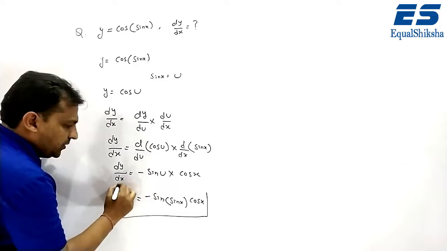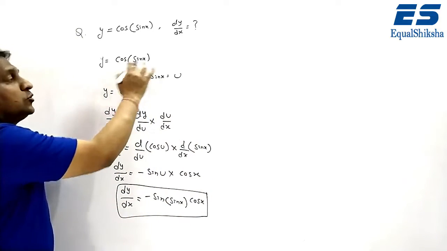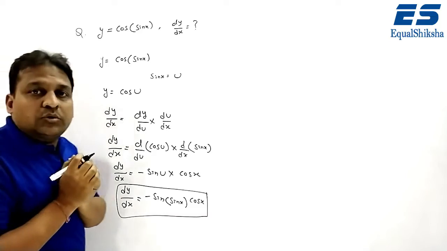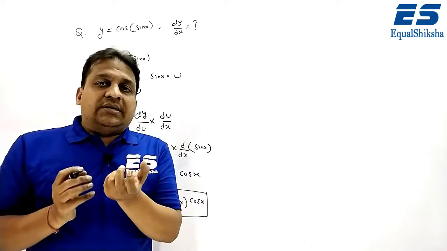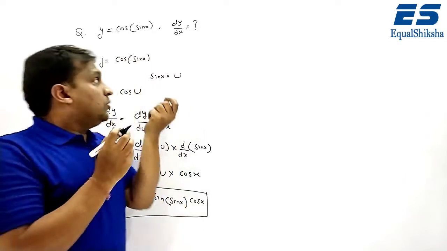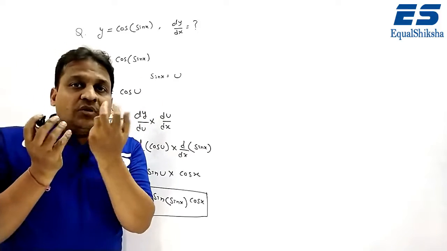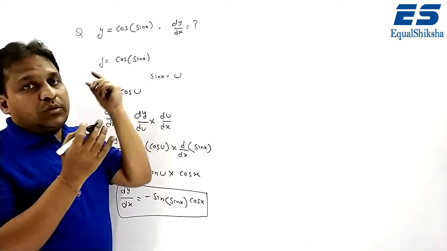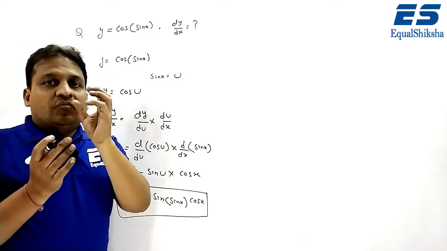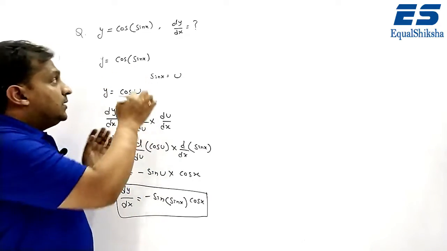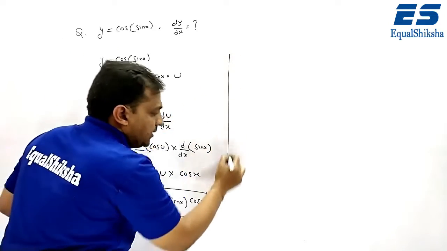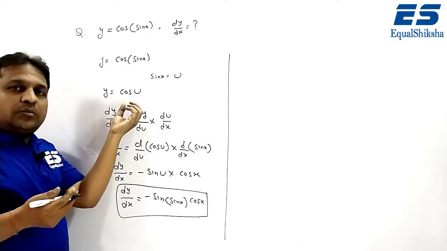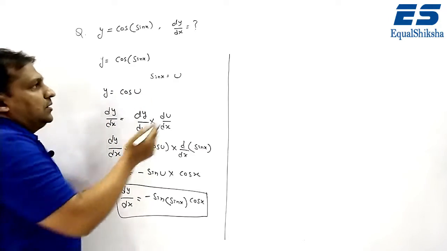So students, you saw the example here, cos of sin x. What is given in the question? cos of sin x. So we will consider it as a function of function. You should not consider it as cos x into sin x, two functions. Here is a function of function. So we have to apply chain rule for function of function. This question can also be solved by the direct method. First, this is the chain rule. So we can also solve this question by direct method.